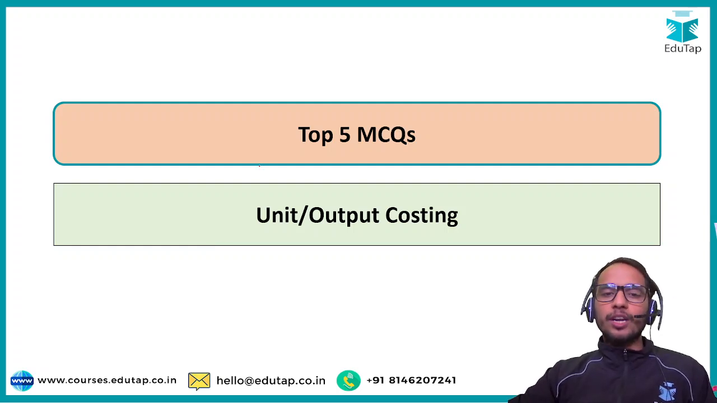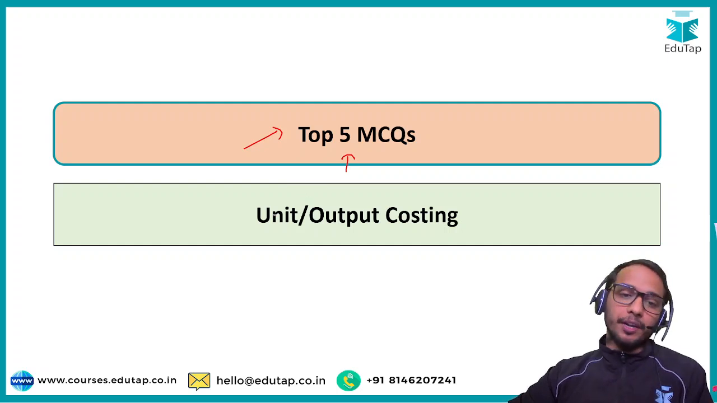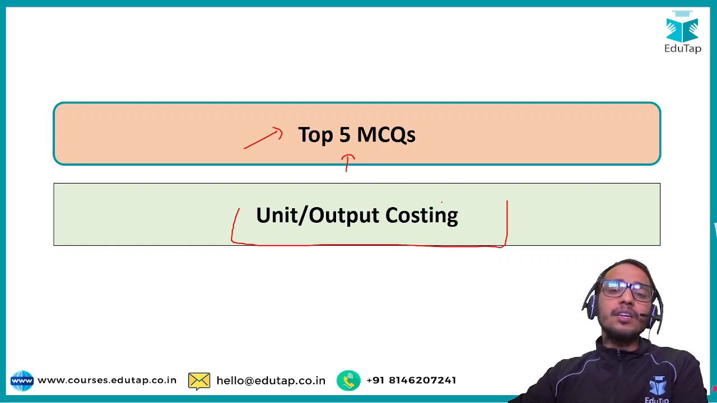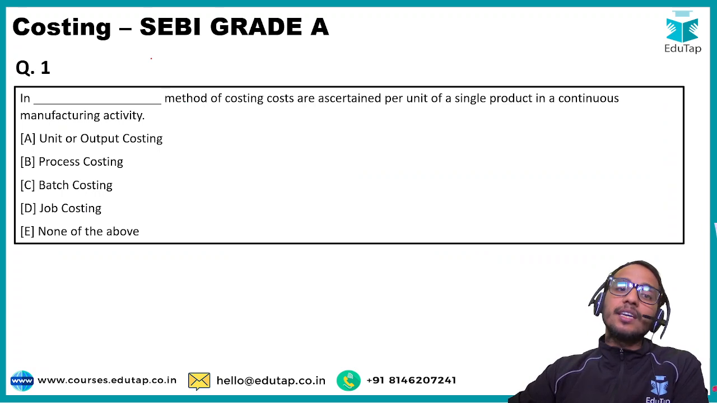My name is Santosh and today we are going to have another class of the top 5 MCQs, and in today's session we are going to talk about the top MCQs related to the unit or output costing, right? So without delaying any further, let's directly jump to the first question of the day that says, in dash method